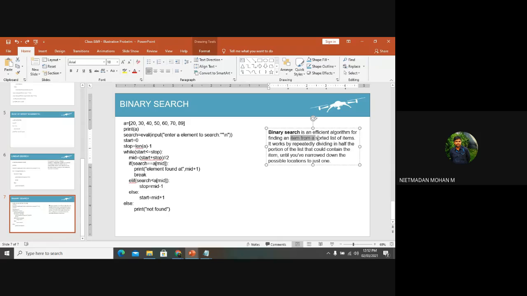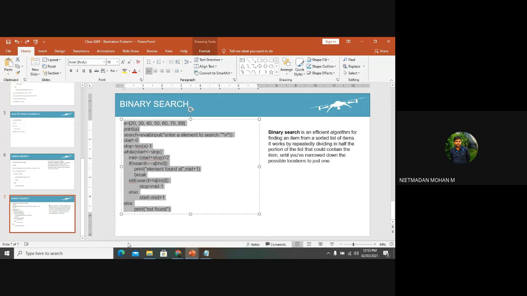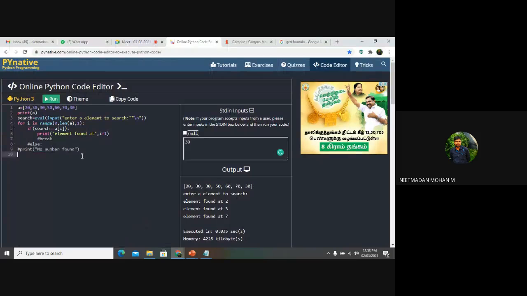Binary search finds an item from a sorted list of items by repeatedly dividing in half the portion of the list that could contain the item, until you have narrowed down the possible location to just one. If you just see the lines of code, you will get a clear idea about it.